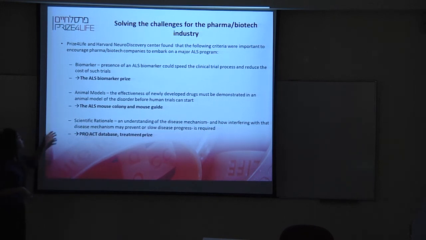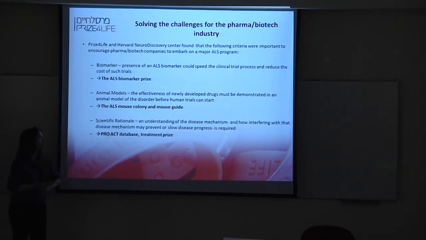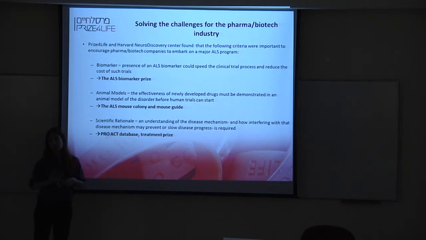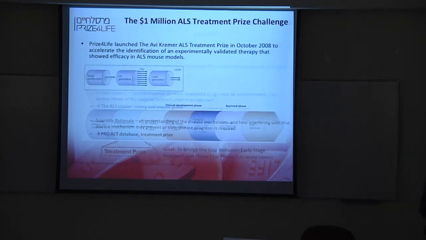The next thing was really to improve the mouse models, right? We see that not everything that works in a mouse model ends up working in a clinical trial. So what can we do about this? The second program was the treatment prize. So to submit your results from working on a treatment and testing it in mice, preclinical testing. But the requirement was like this. First, we gave them the mice, so that we were able to see that the mice are according to the highest standards. And they had to make sure that the mice studies are also according to the highest standards.